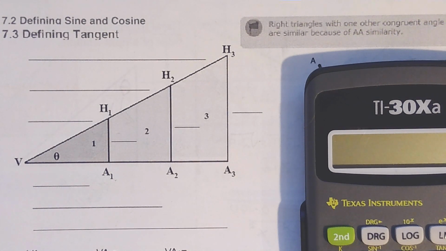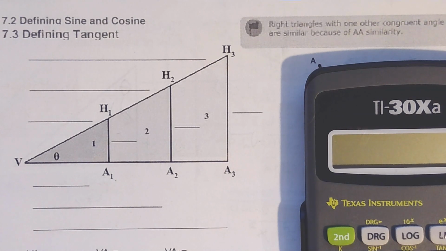And we're getting to Unit 7, and we're going to go over 7.2 and 7.3 today because I think they all kind of mesh together. We're going to be talking about sine, cosine, and tangent today, and by the end of this video, you should be able to define or understand sine, cosine, and tangent, and how it relates to this angle theta. If you don't understand what this theta is, watch 7.1, and the relationship with triangles, and understand that